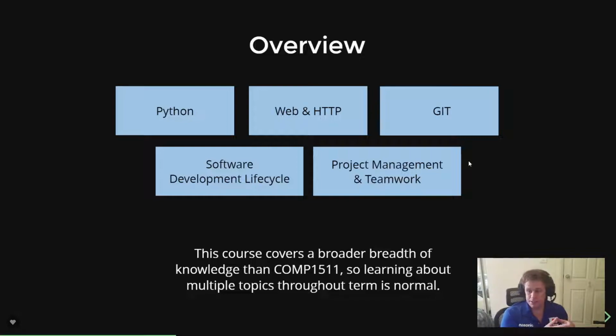Then we have web and HTTP, which is a whole topic around how do you actually build applications that work through the web browser, and what even is programming on web servers, web browsers, and all of this. It's very introductory, but the reason we teach this is because of how pivotal and how common web has become in everything you do, right? 10, 15 years ago, most of you wouldn't have ended up working in web, but the reality is that probably half of you, if you go and get a job, will do that.